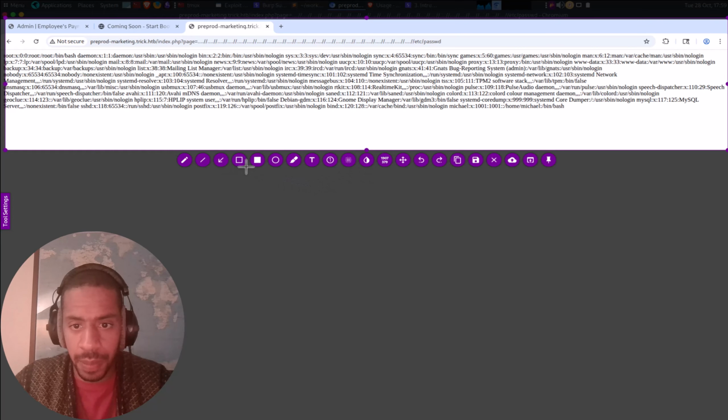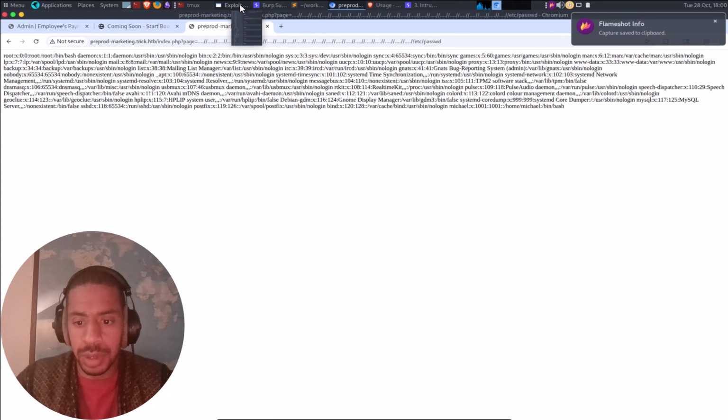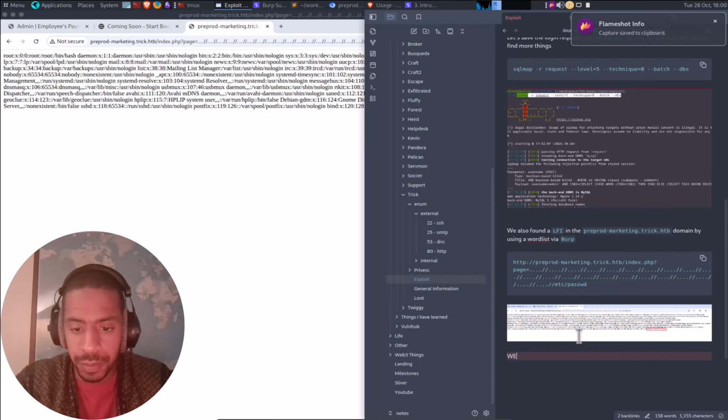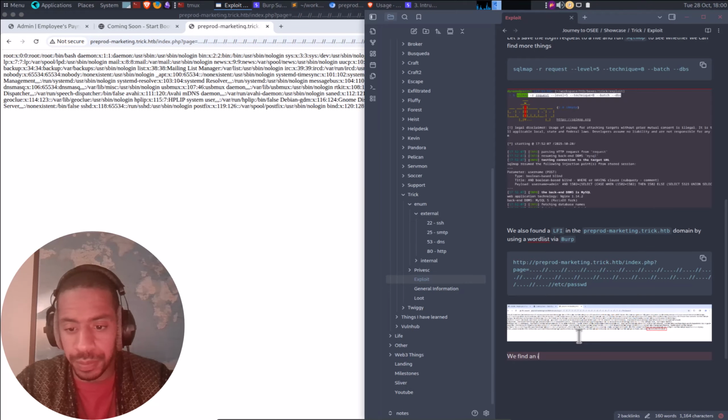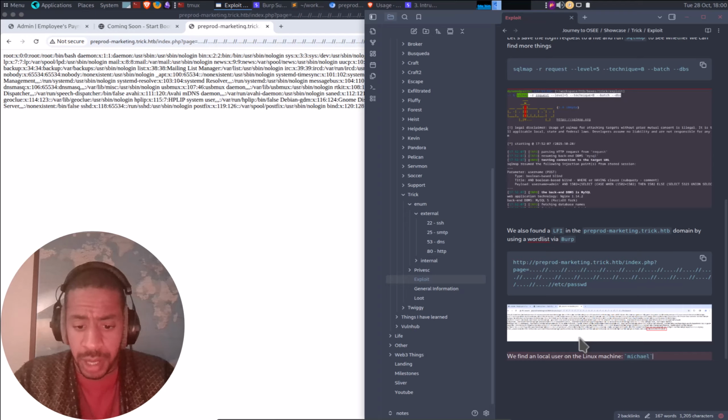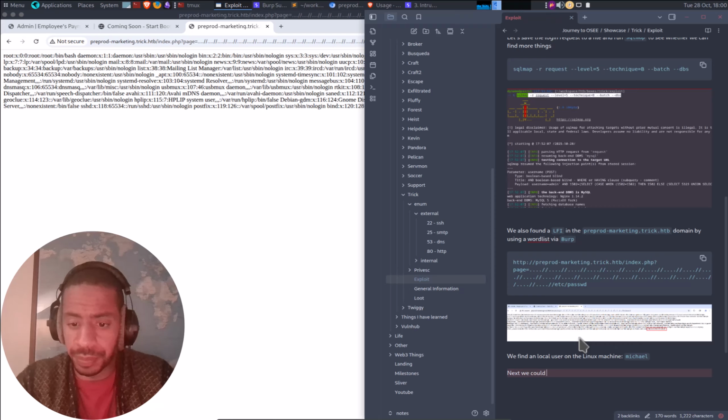And what do we see? We see a user. We find an internal user, or a local user, on the Linux machine. Michael. Next, we could try and browse to his SSH authentication key,